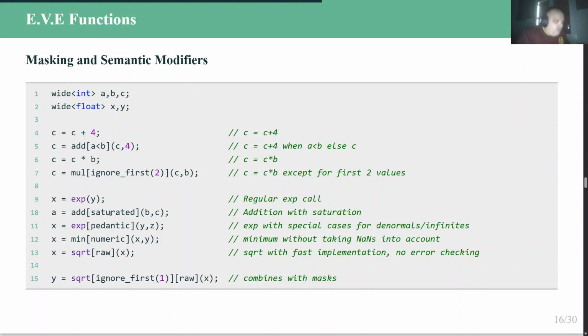And we have the raw modifiers, and now we also have a fast modifier. That basically says the exact opposite of pedantic. We don't care about precision and whatnot. I just need to go the fastest possible. Raw implies that if you have a single-instruction way to compute this operation, but you lack precision or corner cases, we are just going to call the intrinsics. Whatever corner case, we don't care. So you can go very fast. And obviously, you can combine those because you can put as many brackets as you can. And a bit later, maybe this year, we are going to support C++23 conditionally,